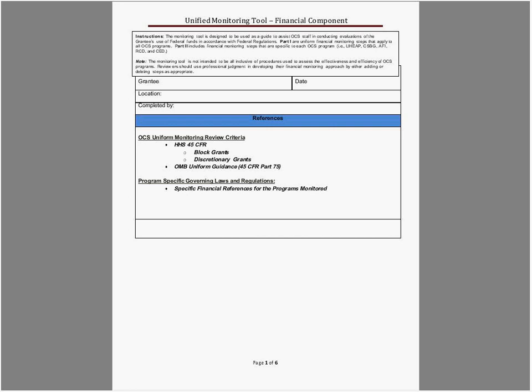The criteria that we use for reviewing, assessing, and evaluating the state operation is based on the CSBG Act.